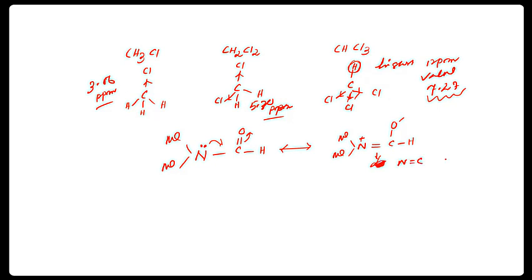Basically, in double bond C character. If there is a single bond and we have rotation about the single bond, let's say the group is like that, then these two will be identical. We'll get only one. But because of this C double bond N double bond C character, there is restricted rotation, it cannot rotate. So now the methyl groups have different environments. This methyl group has an environment closer to oxygen. Sorry, this methyl group will have an environment closer to hydrogen. Because of two different chemical environments, we'll expect